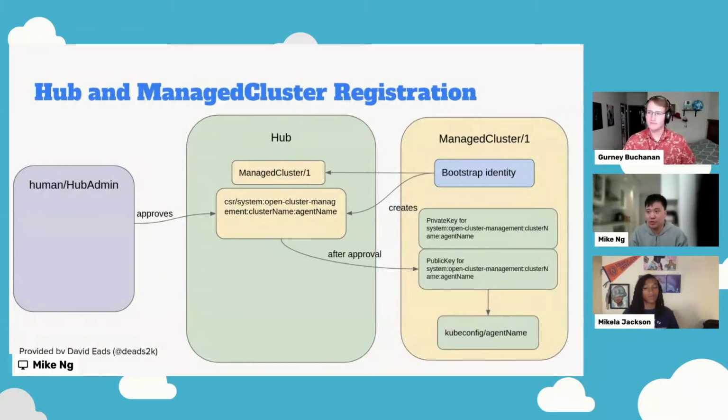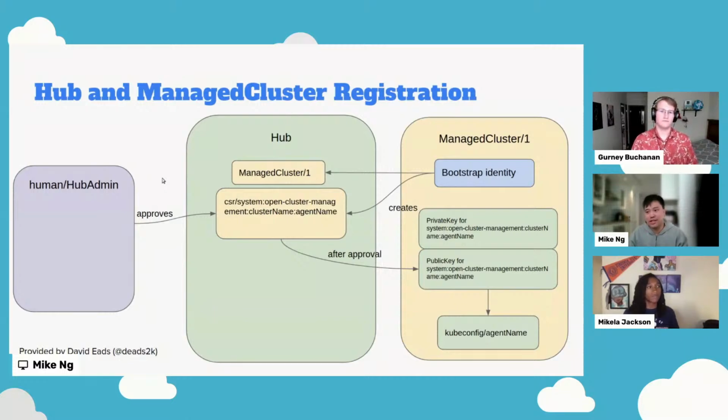It actually creates a more persistent kubeconfig on the managed cluster side, and then it can renew itself and access the hub cluster again. And this is how the ManifestWork actually functions. This is how we keep the different clusters distinct from each other and what access rights they have.